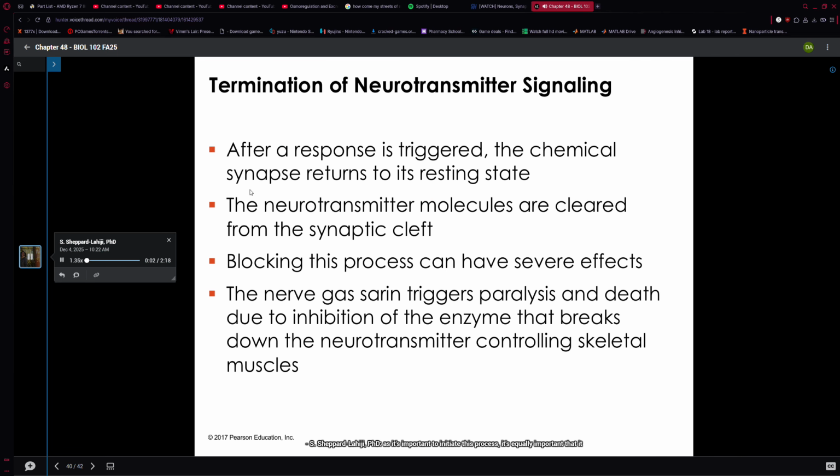As it's important to initiate this process, it's equally important that it ends. So we want to consider the termination of neurotransmitter signaling, because the presence of a neurotransmitter can elicit a downstream response. After a response is triggered, the chemical synapse needs to return to a resting state. So we want to ensure that there are no neurotransmitter molecules found at the synaptic cleft anymore. With that said, one can imagine that anything that blocks the process of termination from occurring can have significant